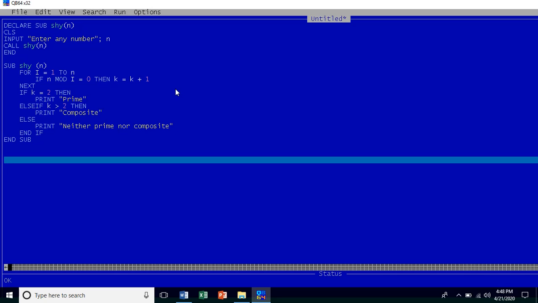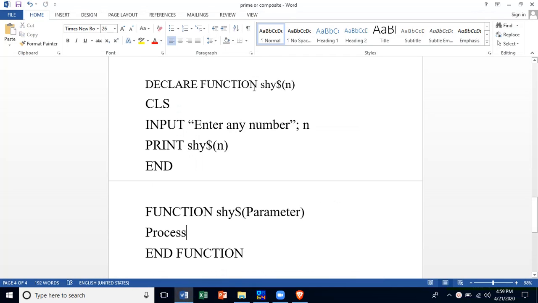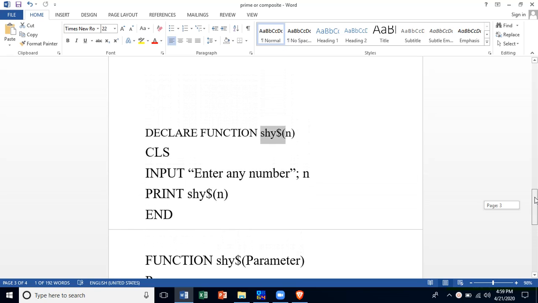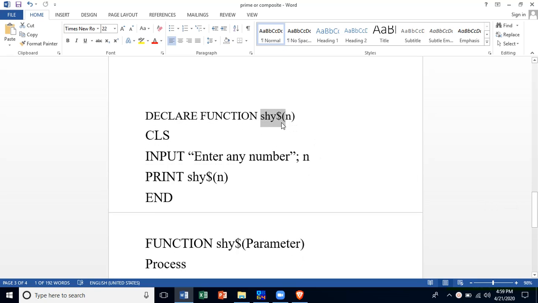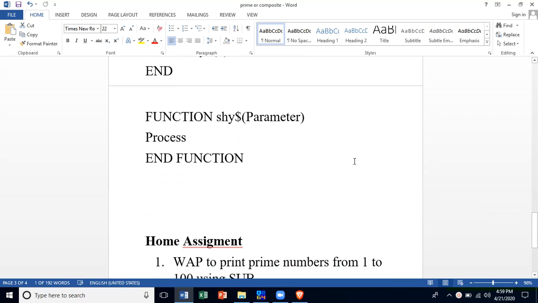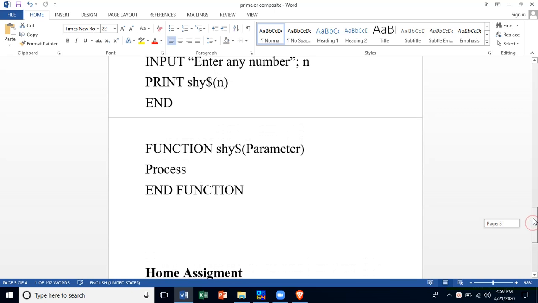Now if we are asked to do the same program using function, at that time we have to use $ sign in the function name. After that we have to use the parameter. Why are we using $ sign over here? Do you know? Because we are getting string as output, and whenever we are getting string as output, at that time we have to use $ sign in the program name. So the main module will be like this, and in the secondary module now we have to follow the process, that is